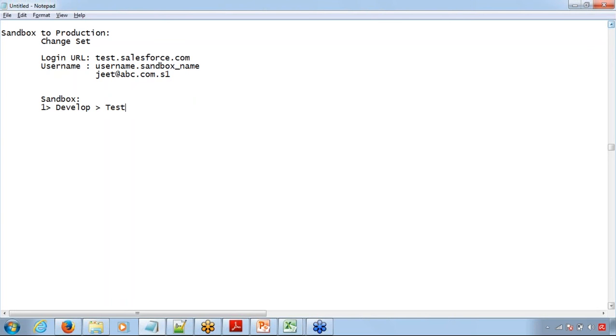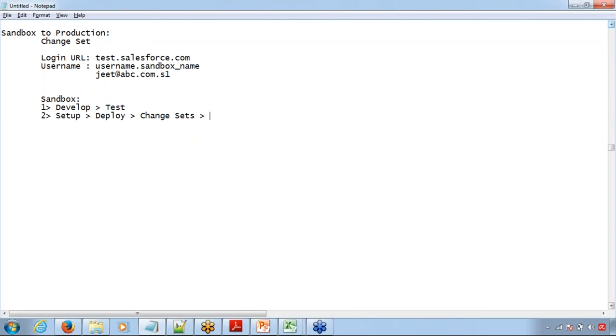Then once you feel that the components that you have created are tested and you are ready to move them, go to Setup, Deploy, Change Sets. Okay, go to Setup, Deploy, Change Sets,